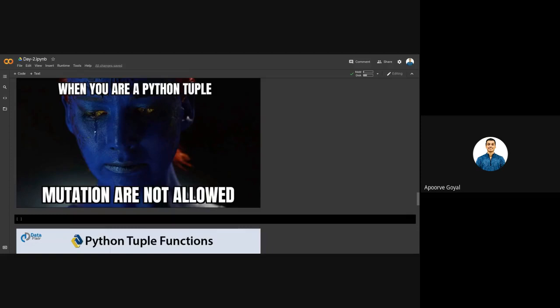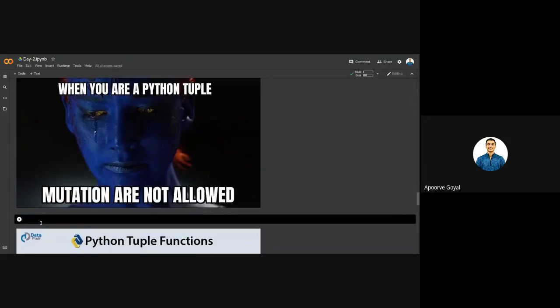That you can append any value to the list, you can change any value in the list. But tuples are quite different. They are quite rude, or maybe they want to be mutable, but they are immutable data structures. What does immutable mean? Once you define a tuple, you cannot change any value of that tuple, you can't update any value, or add any value to the tuple.